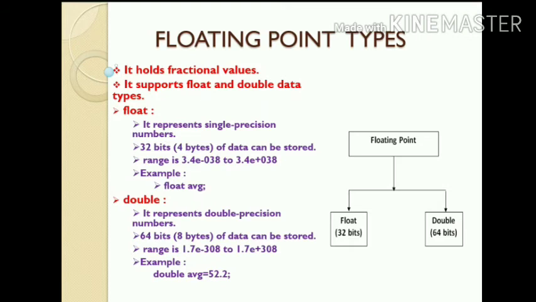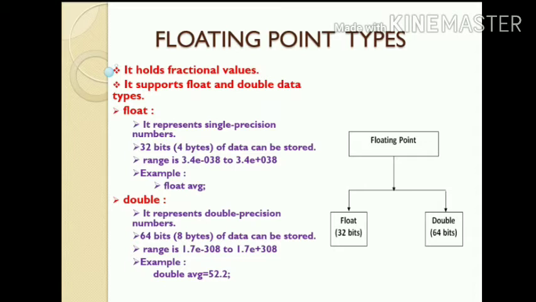Next one is the floating point data type. Floating point data types hold fractional values. It supports float and double data types. The float data type represents single precision numbers. It has 32 bits of data, that is 4 bytes of data can be stored.